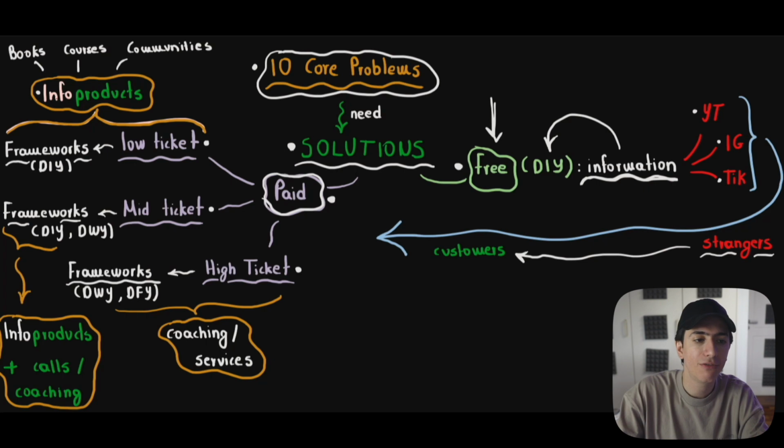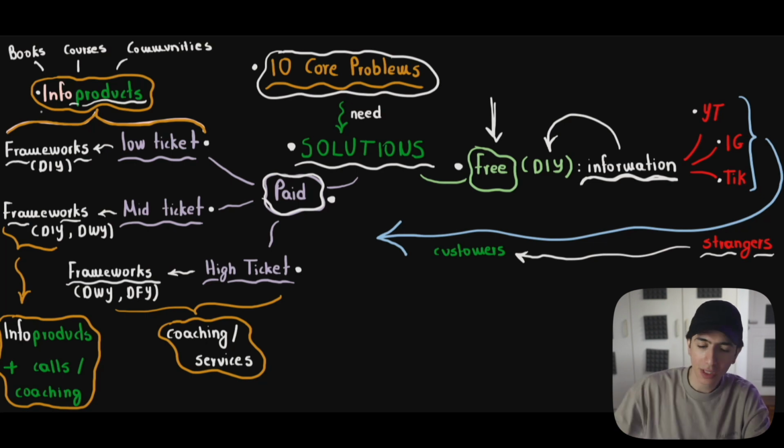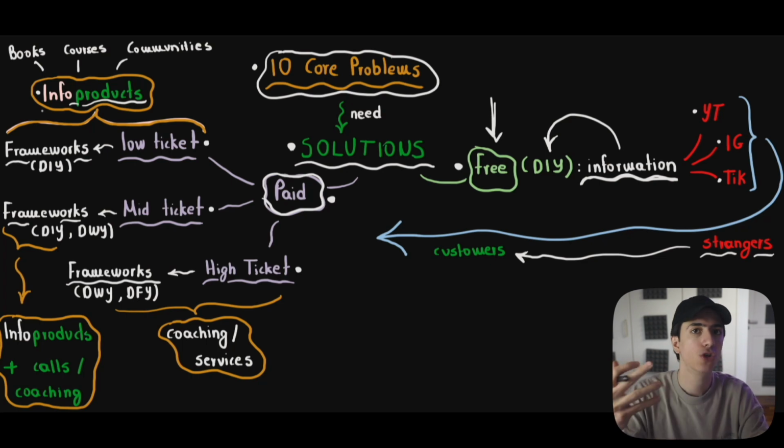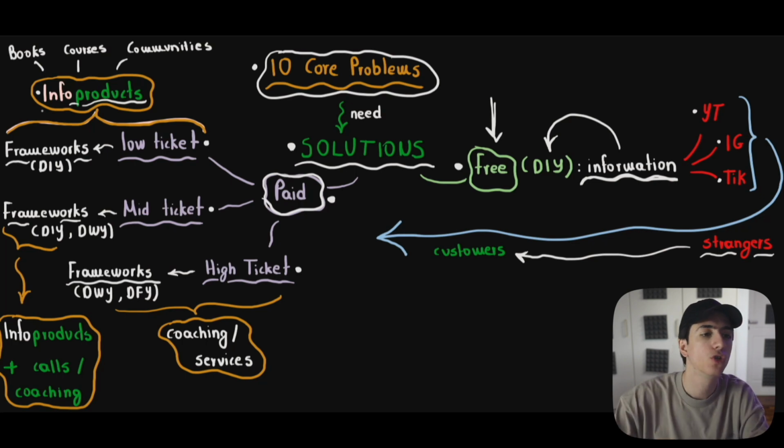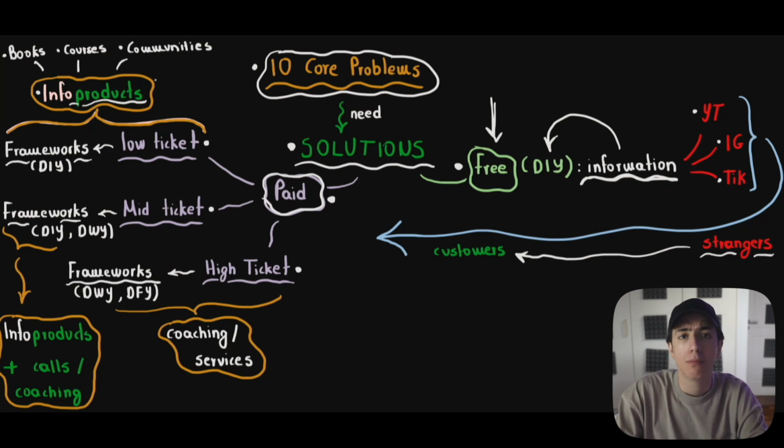What are info products, right? Obviously, there are products, stuff that we can exchange for money and provide value. But what is an info product? They are products that are not physical. It's not, for example, a mouse. It is information packed in a digital product. So these could be books, courses, communities, and, for example, podcasts